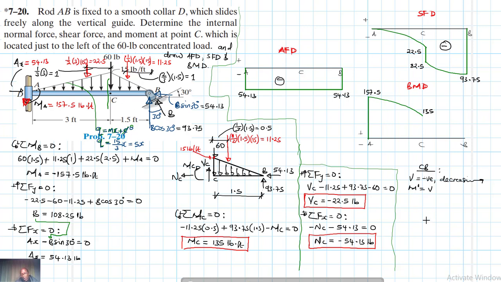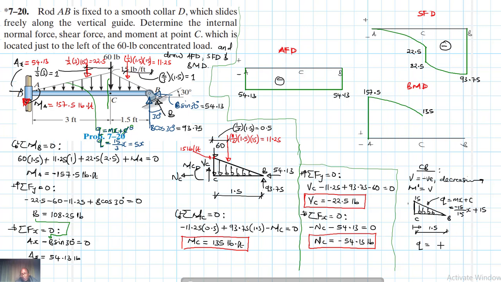So let's look at CB. We have that distributed force. Let's develop a function from there. So this is B, this is C, and we are moving from C to B. And this length here is 1.5, right? This is 15. So if we are to write this in terms of q, which is mx plus c, the gradient is negative. Change of y is negative 15 divided by 1.5, so negative 10 x. The y-intercept there is 15,